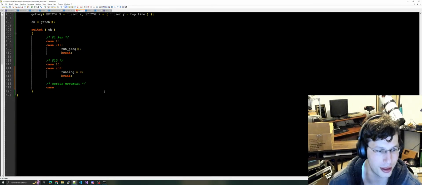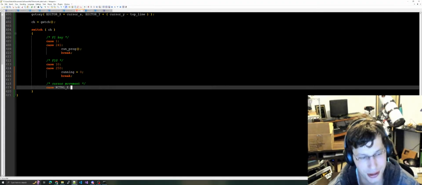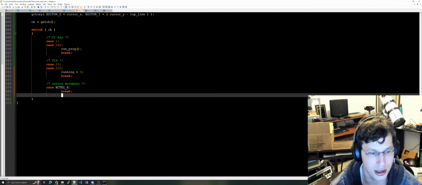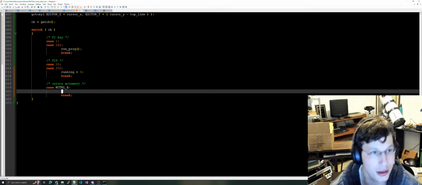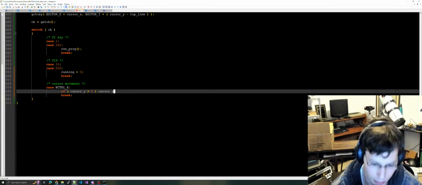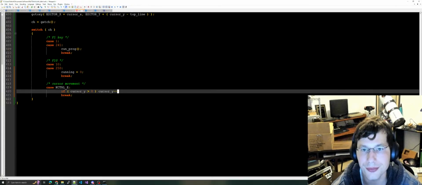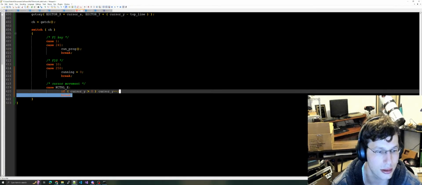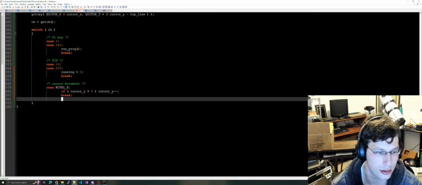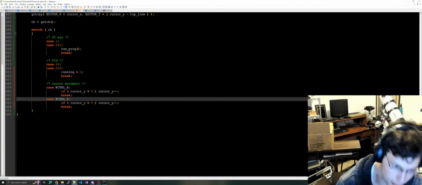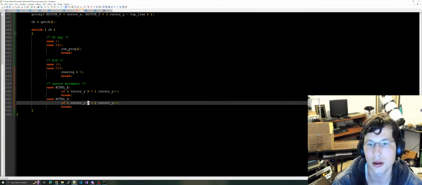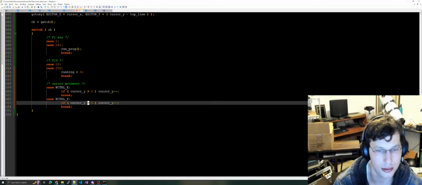I like it when you goad me into vibe coding. It really is fun. Cursor y is greater than 0. Cursor y minus minus, so you move up. This is going to be down. And this is going to be